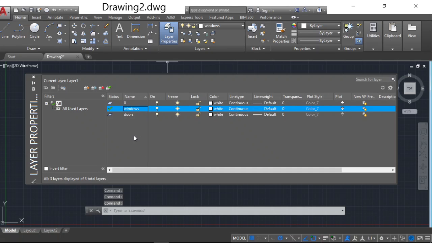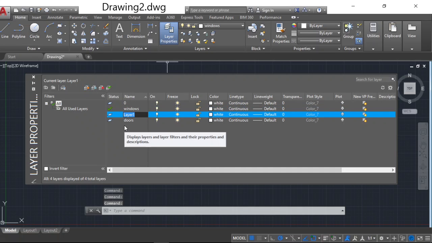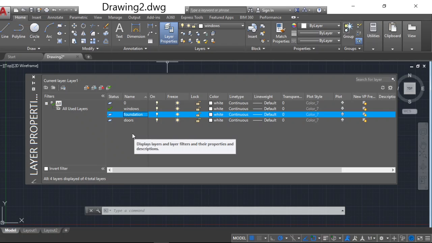Like that, in a construction drawing we have several components like foundation, so we can create several layers. We can create any number of layers, and by default all the properties of the default zeroth layer are inherited.